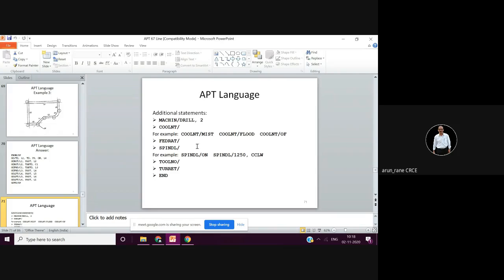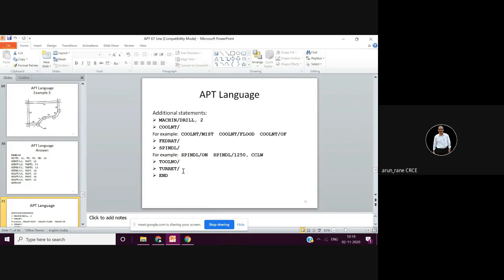Then spindle on, that is you are switching on the spindle. Then your spindle RPM, that is 1250, and then you are rotating in the counterclockwise direction.